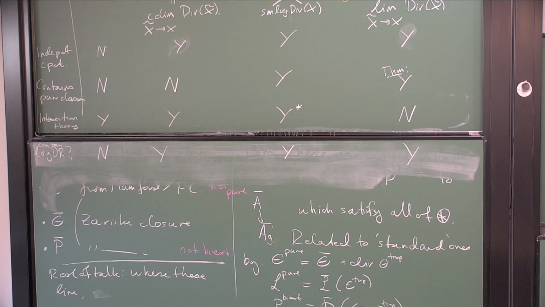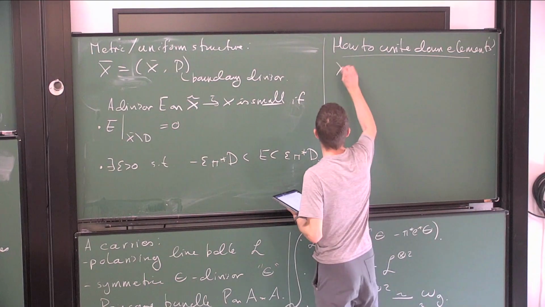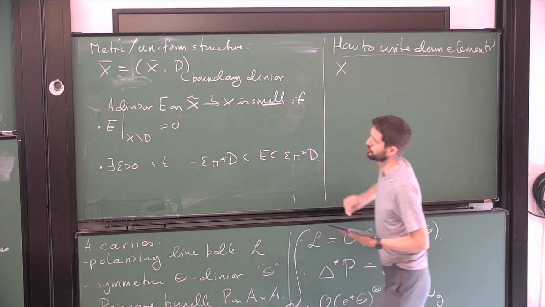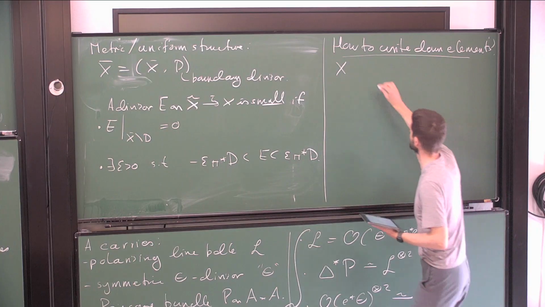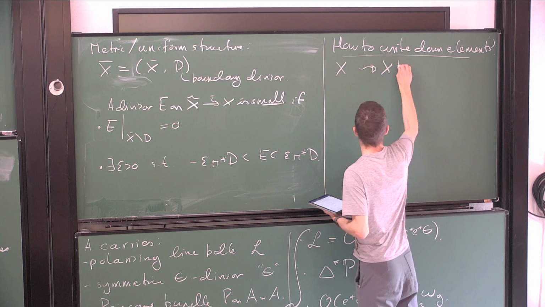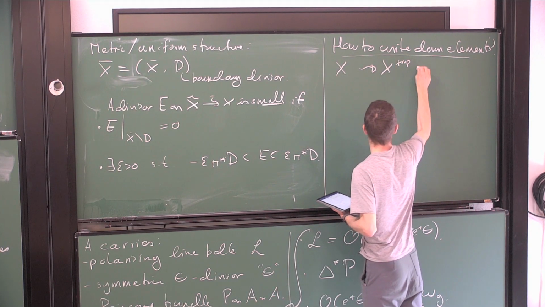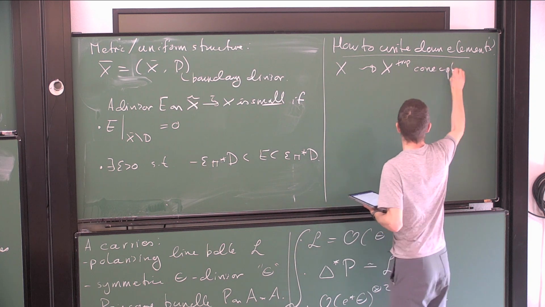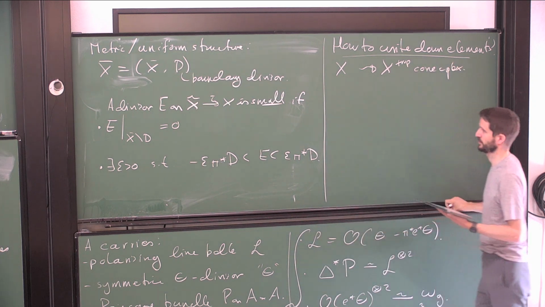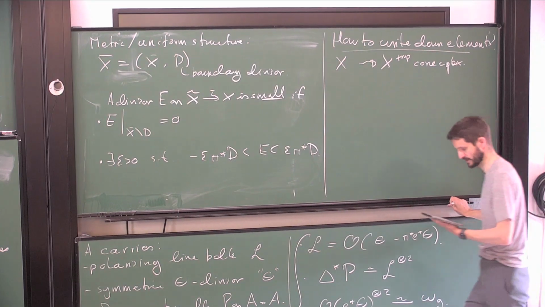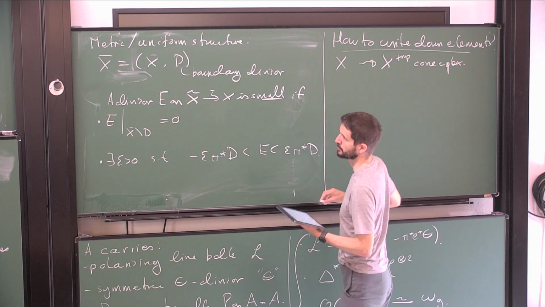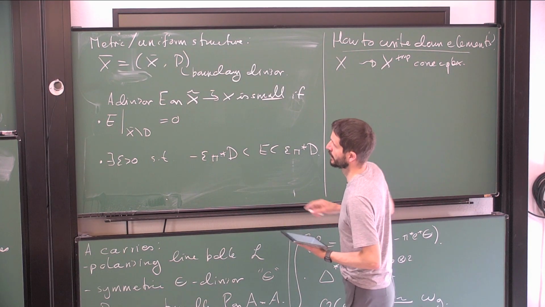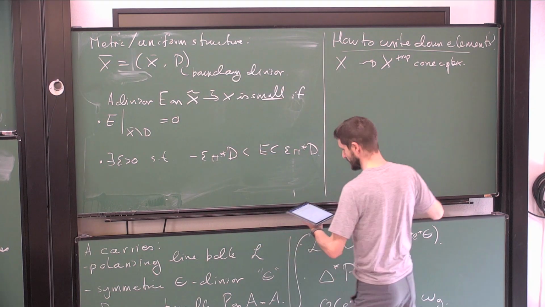Okay, so what are we going to do? We've got X, which is our nice toroidal, maybe a toric variety, something like this, and we've got X trop, which is a cone complex. Or a cone stack, or an Artin stack, or your favorite category to work in. And so, how do we write down some elements of these things? So firstly, there's a map from